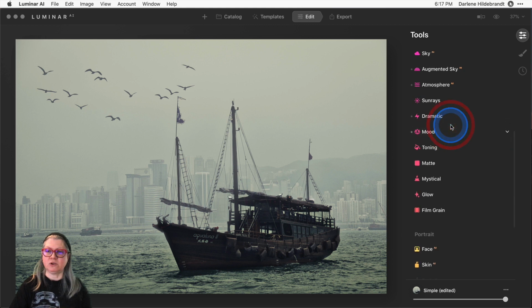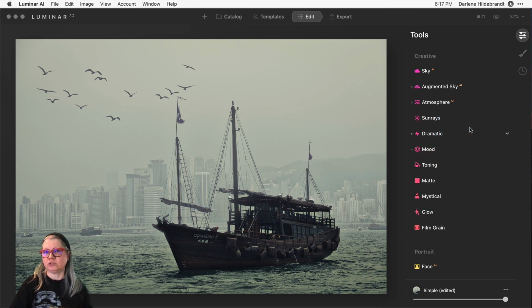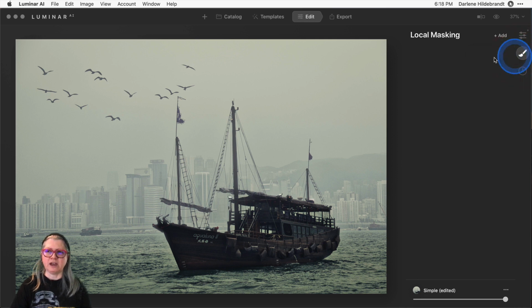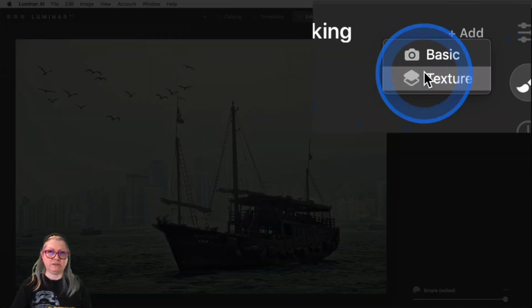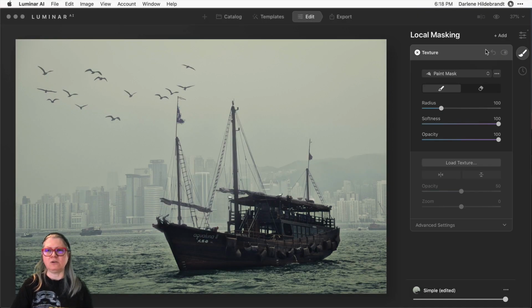The last thing I'm going to do on this image, even though it's a creative tool, they've now moved it and it's not in the creative panel either. So if you're looking for how to add a texture overlay in Luminar AI, follow along. Over on the right, below the tool menu, there's one now called Local Masking with a little brush icon. When you click that, you'll see something that says Local Masking, surprise, and an Add button. When you click Add, there you have the texture overlay. So it's slightly hidden now, but it makes sense where it is, and you'll see how it applies just the same as if it was in the toolbar.